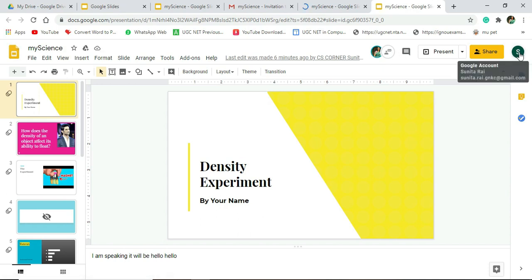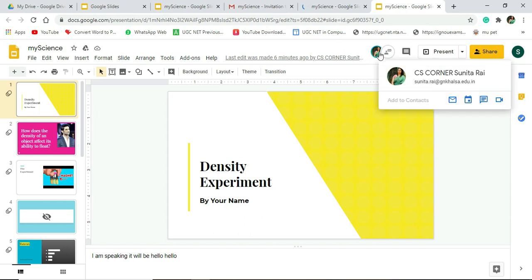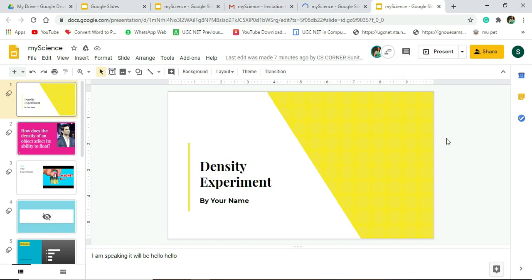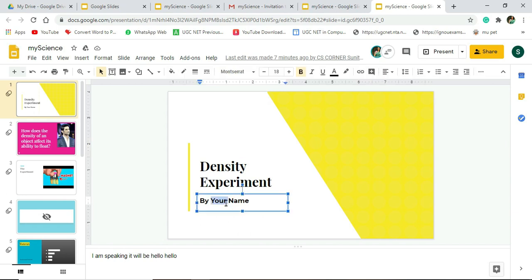Okay, now I will make some changes over here, and let's see whether those changes are reflected to the other party or not. I'm typing something over here, Sunita.